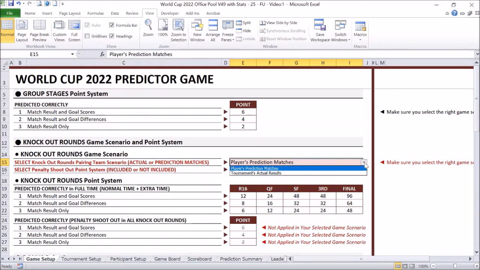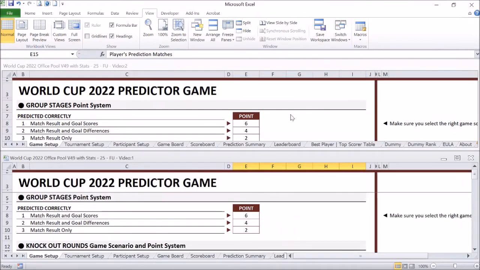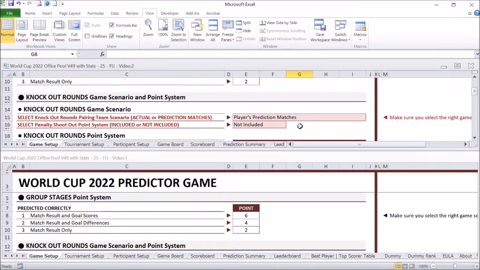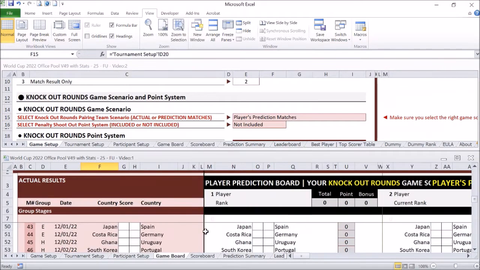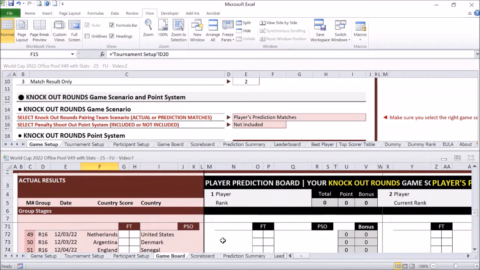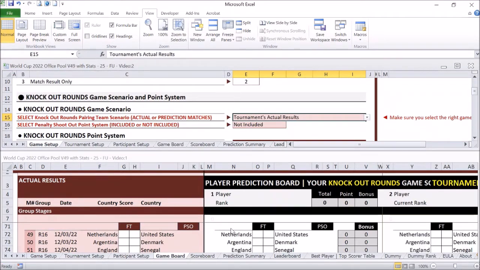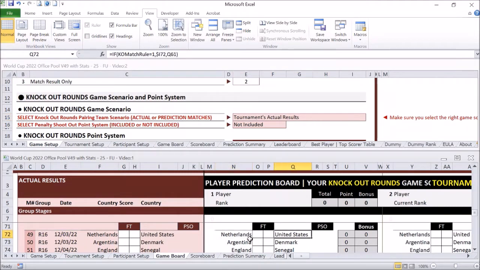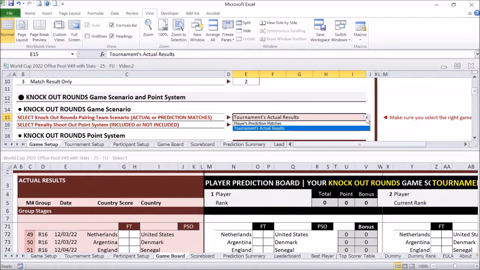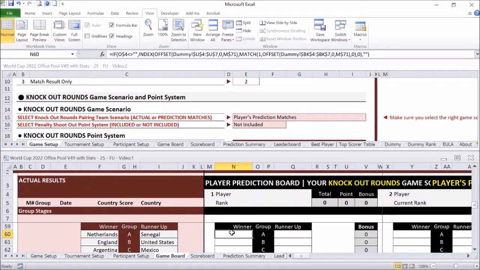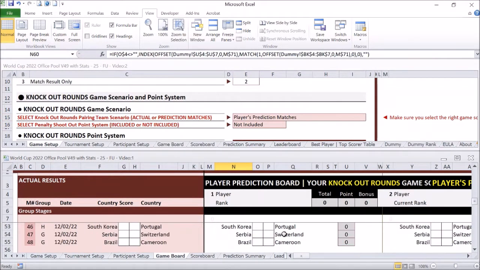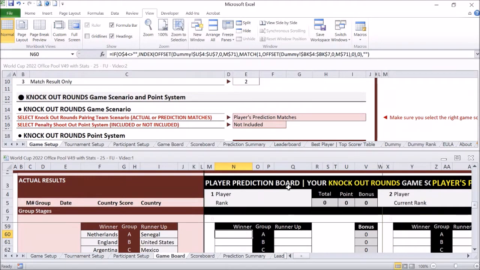This is where you can select here. Remember, I just want to remind you, if you select this, player prediction in the game board, I'll go to the bottom here. If you set this to tournament actual result, the actual player prediction team will be similar to the actual teams. But if you set it to player prediction match, it will wait until the team predicted by your player comes up in this table. Okay, now